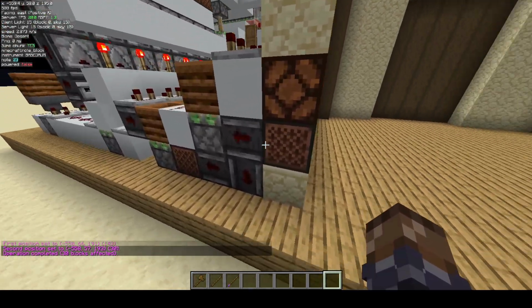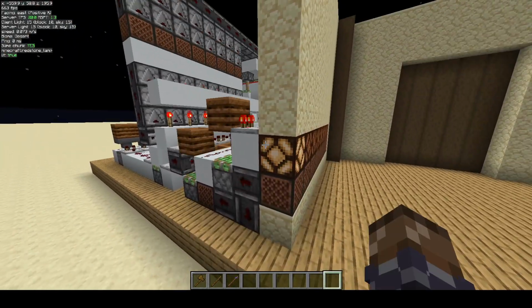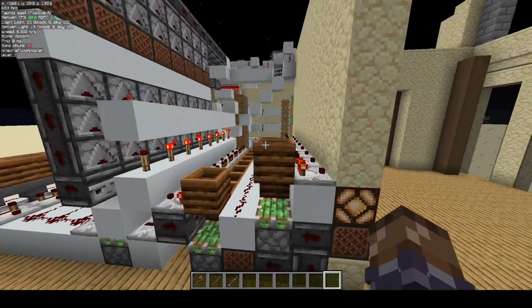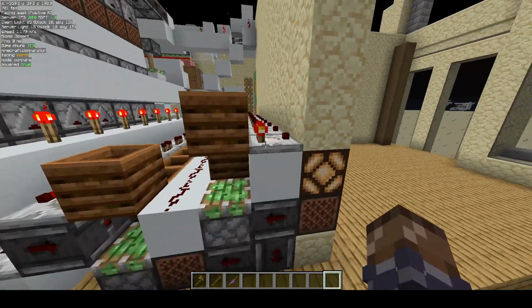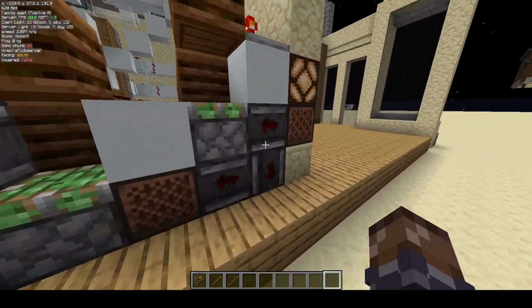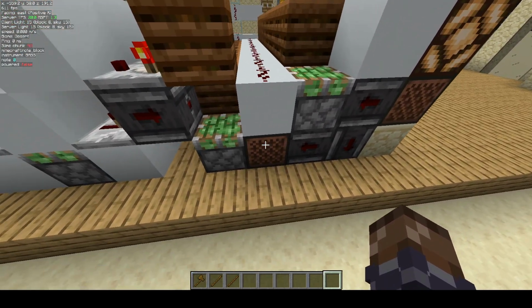When you select a note block, the observer here will push this up, just like that. This observer detects the note block, and then it pushes that up so that you can see that it's on. It detects the composter level with the comparator, and then there's two more observers that observe that observer to power the note block,